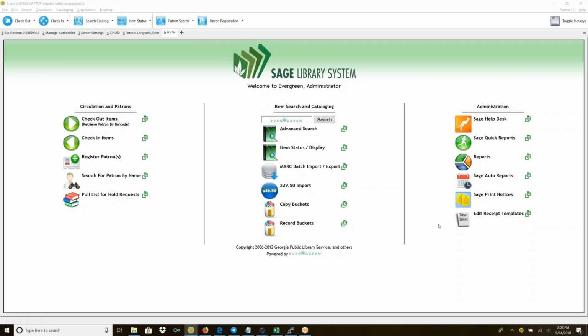The first thing I was going to go over today has to do with precats, and I don't know how many of your libraries use the precat procedure. Basically, it's just the ability to check out something quickly that you don't have time to catalog. So you slap a barcode on it, and it goes out to the patron, and when it comes back, it gets put in a